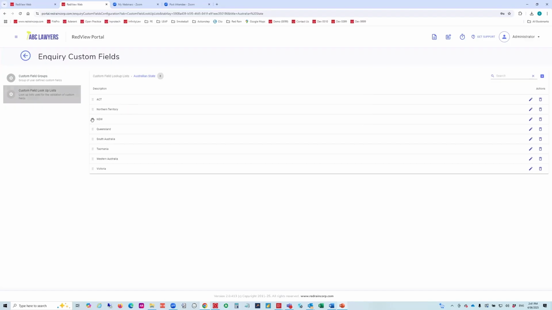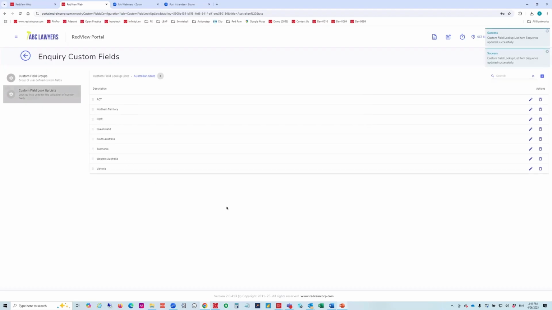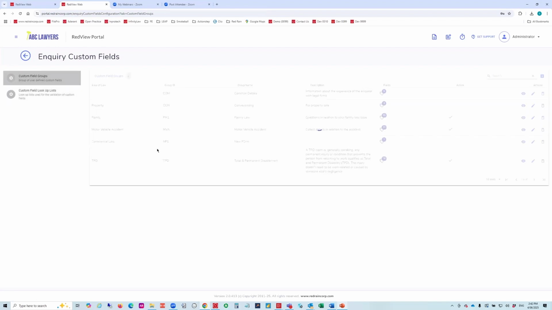This grab item here lets you make the list order different if you want. So if it's not necessarily alphabetical that you're looking at, but might be a priority or might be a different sequence, the more popular ones at the top, then all of this information can be moved around in that way. So you define your custom form lookup lists, and then when we go to